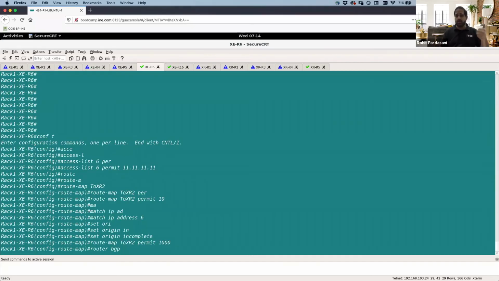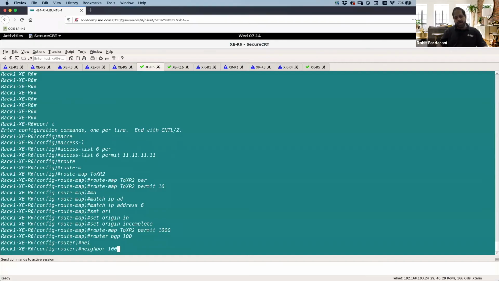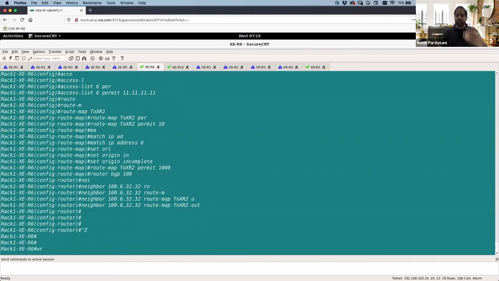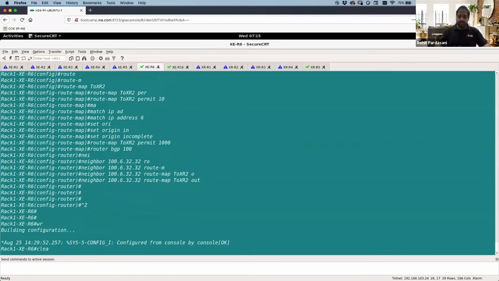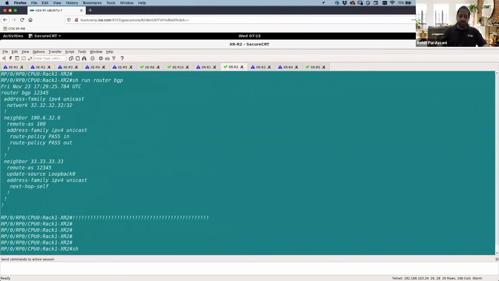Because origin is well-known mandatory, you can apply this outbound to eBGP, inbound from eBGP, or outbound to iBGP, it doesn't matter. It's well-known mandatory. So router BGP 100, neighbor 100.6.32.32, route map 2XR2, outbound. That's all I need. If I look back, let's do a clear ip bgp * soft. If I look at XR2 now and do a show bgp ipv4 unicast